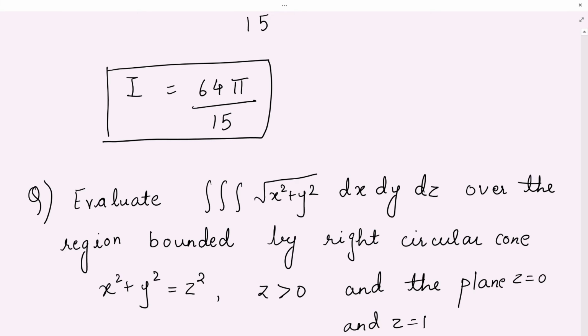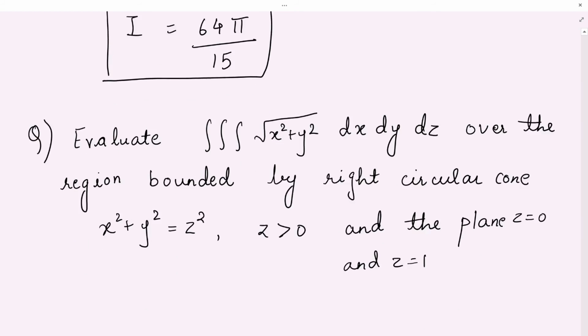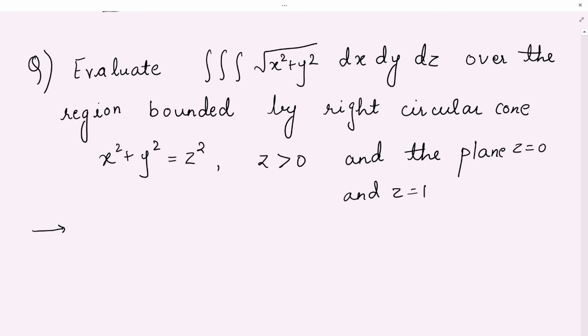Now in this sum, a right circular cone is given to you. You can use cylindrical polar coordinates, which we have done earlier, but this is one of the methods. Anyway, the answer will come the same, but instead of using cylindrical polar coordinates and remembering so many limits, what we can do is find the limits of z first, the innermost limits, and then use the next two limits as a double integration. We can do that.